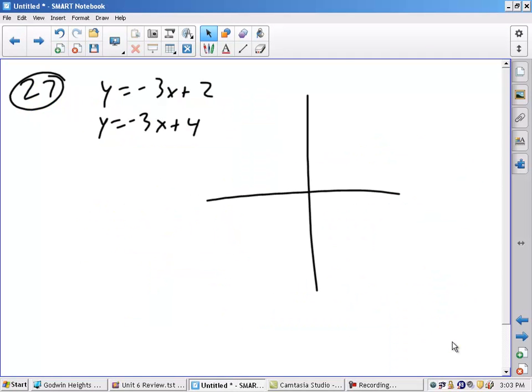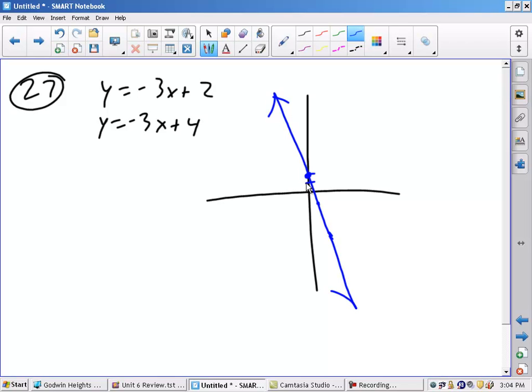Okay, for number 27, you have y equals negative 3x plus 2. So I'm going to go ahead and graph the plus 2 right here. I'll just do a quick sketch so you can see it. Down 3 over 1, down 3 over 1. Quick line, straight as you can. And then negative 3x plus 4, I'll do in red. The plus 4 would actually be farther up here, and you would follow the same exact slope in the same direction